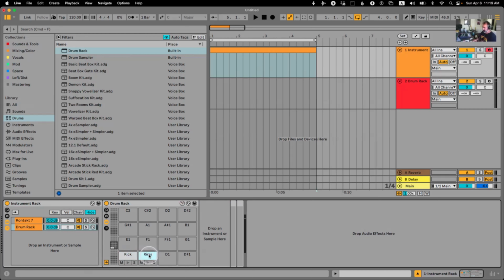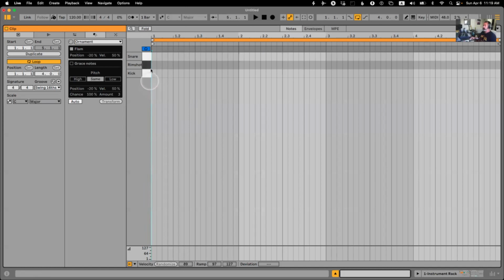I'm going to call it rim shot. I'm going to drag it here. I'm going to call it snare. And so on and so forth. I'll show you the finished product. But now if I look at the MIDI clip, because it's layered with this drum rack, the drum rack will take priority and will only show us the pads that have something on. They don't have anything, but we fooled Ableton into thinking they have something on them,